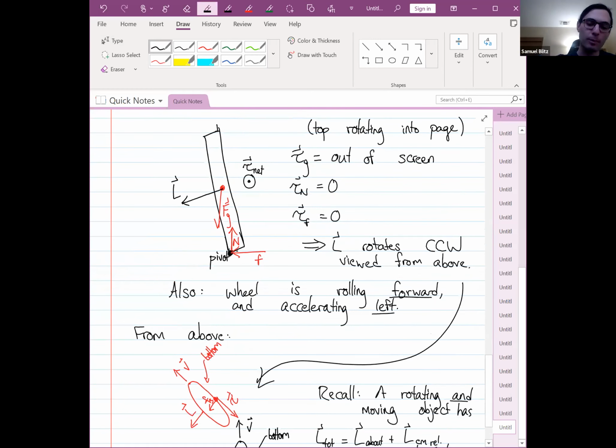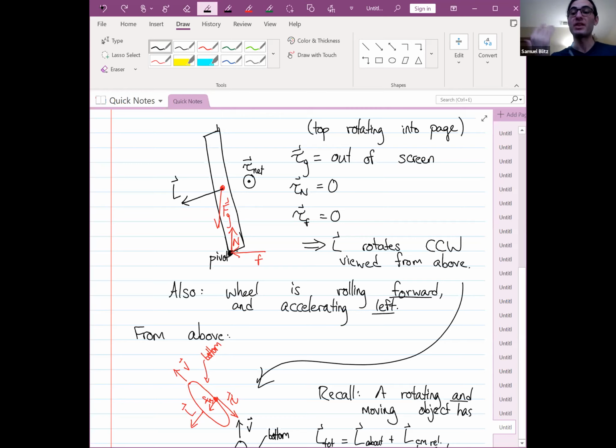We cross the r vector with the momentum vector of the center of mass. Now we know that the wheel is rolling forward. So we do r, which points up and to the left slightly, cross p, which points forward. So that would give us, I don't know if you can see this, and my thumb's not bending right, but